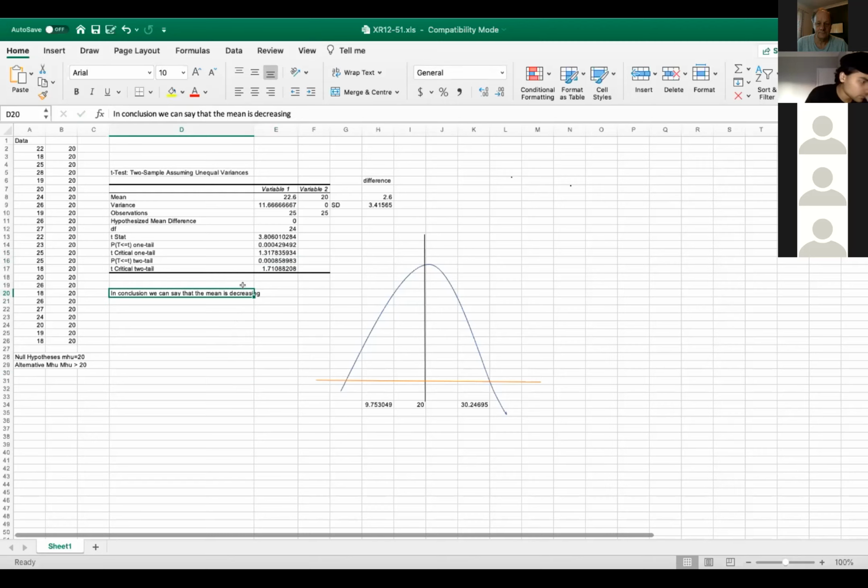You can use those words. We can infer at 10% significance level that the population mean is greater than 20. We can infer that the population